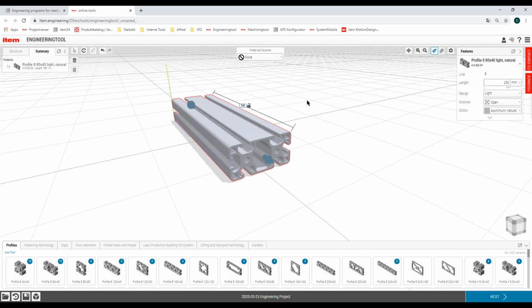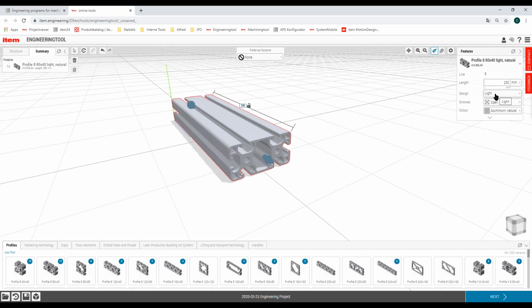A very important point is you can see here there's only one profile, 80 by 40, but we are offering much more profiles in this dimension than only one. You can see it here, we are offering 12 profiles. And this is our so-called variant technology. So in one profile, you can use the product configuration area on the top right-hand side and change the type of the profile with only one click.